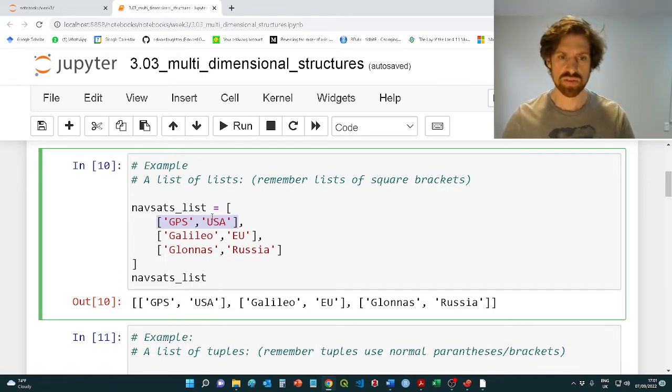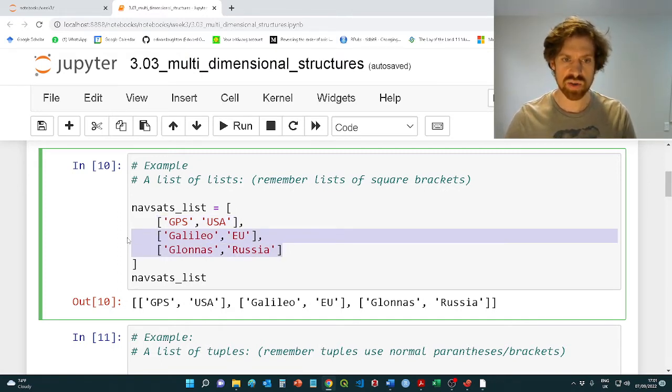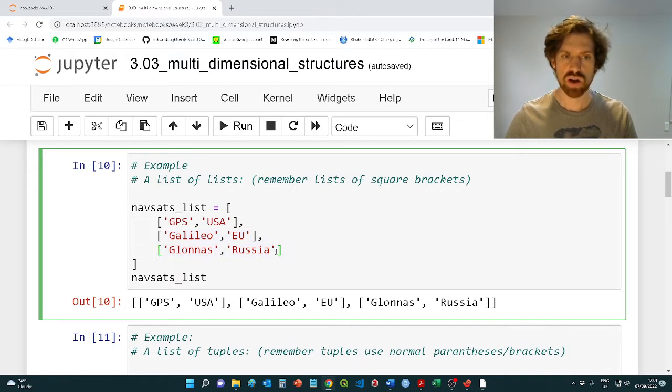Secondly, within this we also have some other lists. Okay, so Galileo, that's the GPS equivalent for the EU, and GLONASS for Russia. And essentially what we've got are these lists within a meta list, so another list structure which holds all